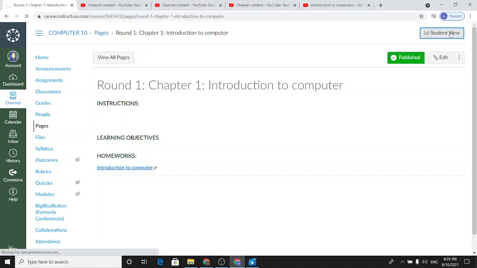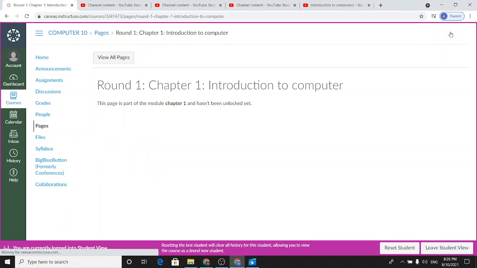And let's see the student view. This page is a part of the module chapter 1 and hasn't been unlocked yet because this is unpublished.